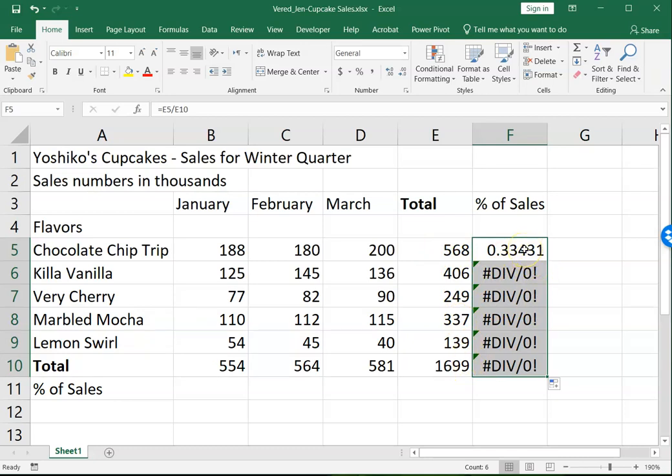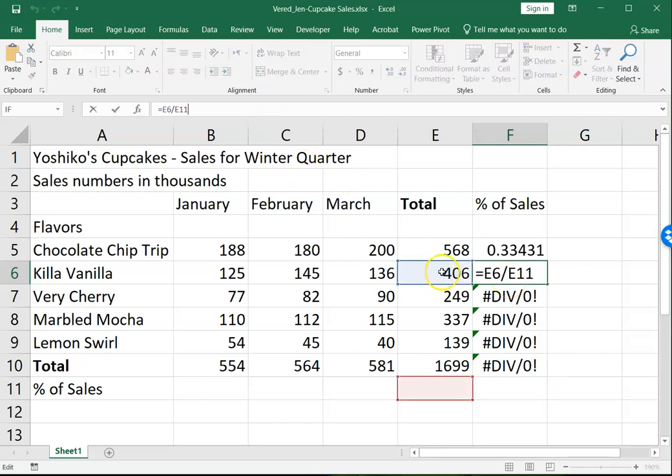Why didn't it work? So now we're going to look a little bit closer inside our formula bar. You can see I selected the cell, and I'm going to click in the formula bar, and look what it did. It took the next reference down. Yes, that's correct, E6, but it also took the next reference down below the whole number, the total of the sales. That's why it didn't work. It kept going down one row, just like it did with all of our other formulas. So again, you can see that happened here, it happened here, and so there's nothing in there. And then it got all crazy because it